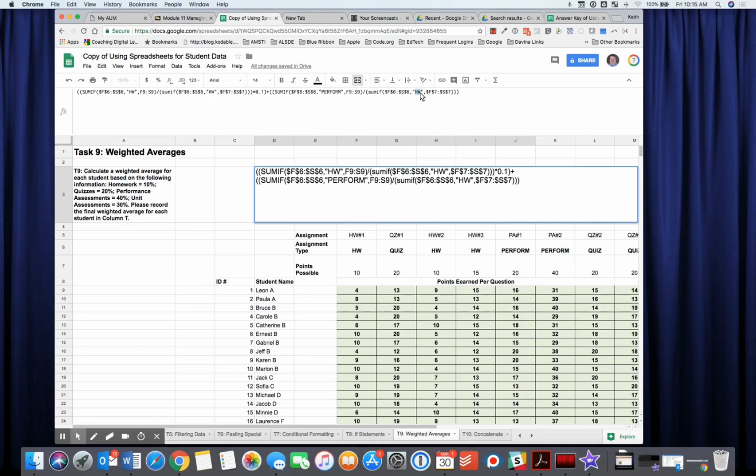And I'll do the same thing over here. Perform. So now I'm going to find the average for perform, but I have to find the weight of that. And performance, I did these out of order, but it's actually okay, it doesn't matter, is 40%, which is 0.40. And then close that parentheses, plus, copy again,